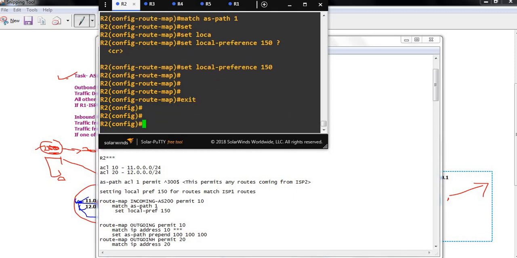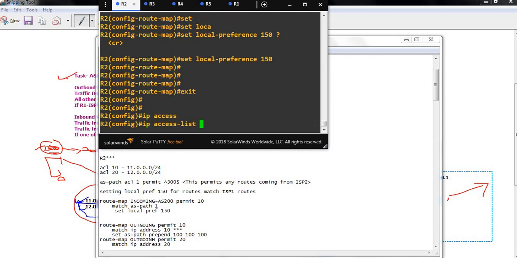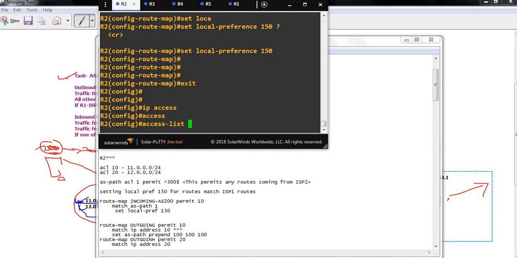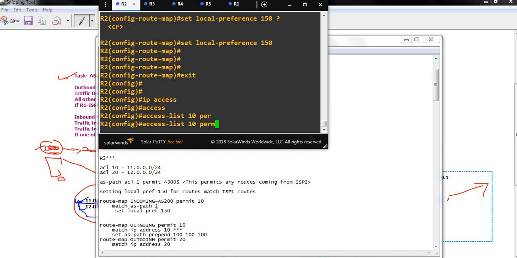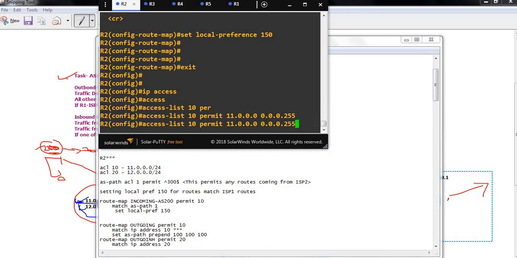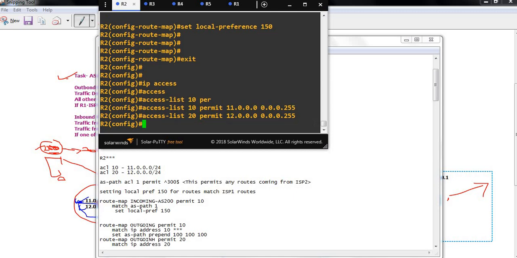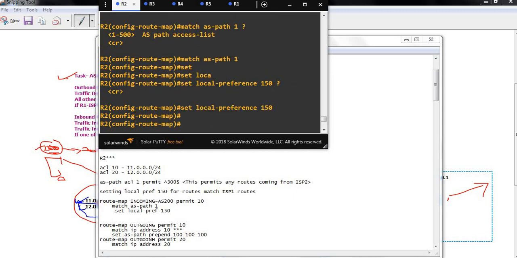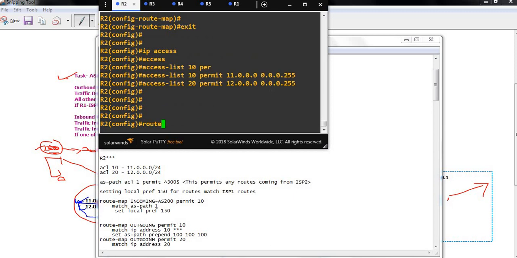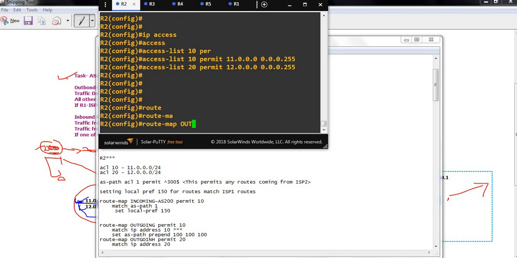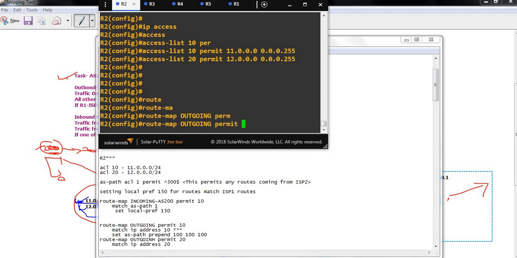Okay, so the second route map is for outgoing traffic. What I'll do is IP access list 10 permit 11.0.0.0 and mask is 0.0.0.255, and access list 20. I have configured these two access lists, 10 and 20. Now I will do a route map for outgoing traffic, permit 10 for example,